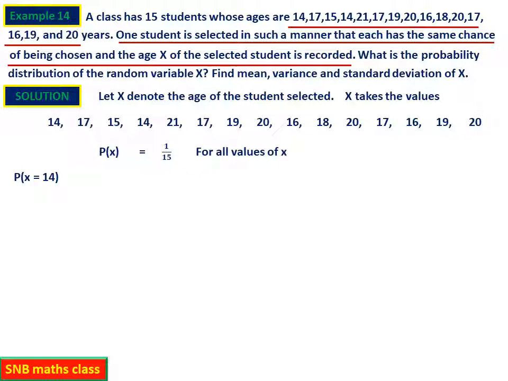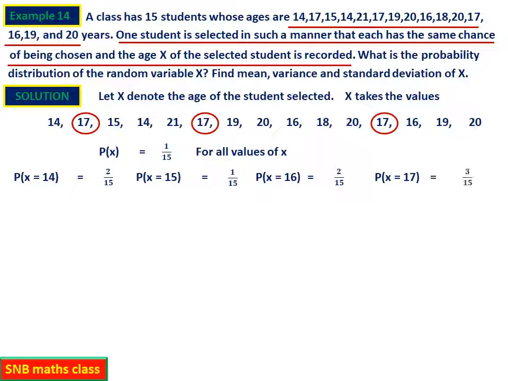Now see here, we have to calculate the probability corresponding to x equal to 14. What is the probability? That means how many times 14 is repeated, that you have to check. So here you see 14 is repeated 2 times. Therefore it will be equal to 2 into 1 by 15, so 2 by 15. Similarly, probability x equal to 15. Check here, 15 how many times? Only 1. So it is 1 by 15. Similarly, probability x equal to 16. This will be 2, so it is 2 by 15. 17, you can check it.